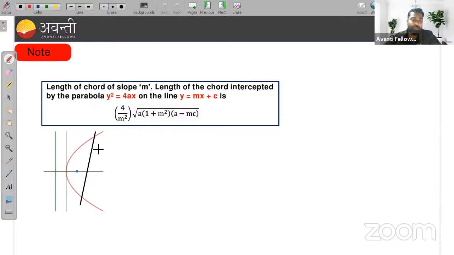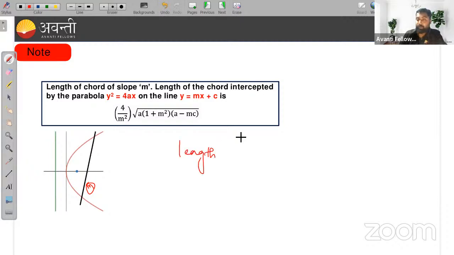Suppose you are having a chord, I'm not talking about the focal chord, just a normal general chord, and that chord has the slope m. The length of the chord intercepted by the parabola y square is equal to 4ax on the line y is equal to mx plus c is actually